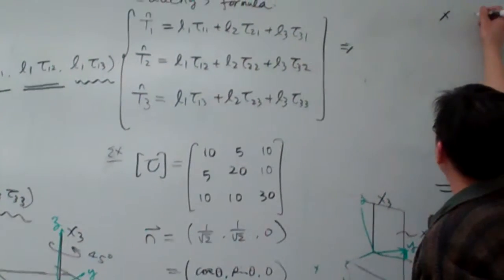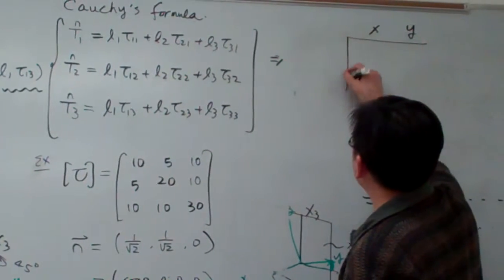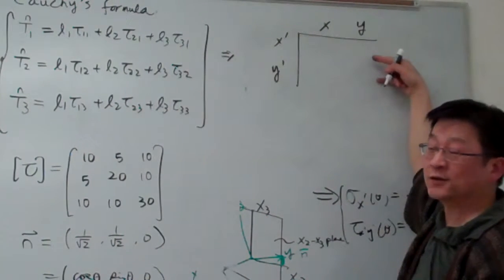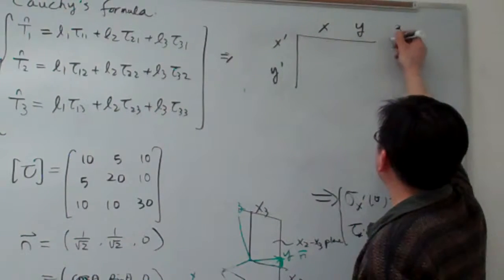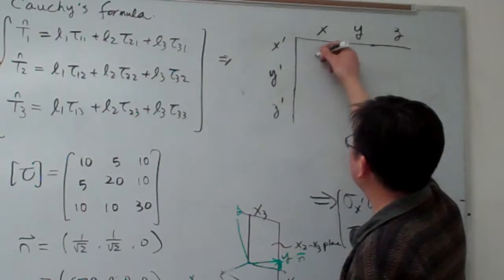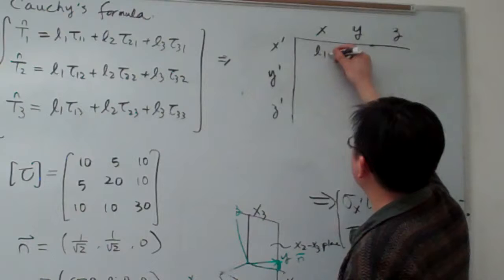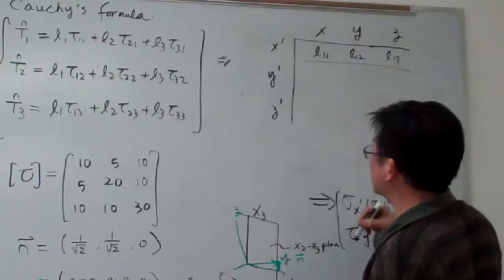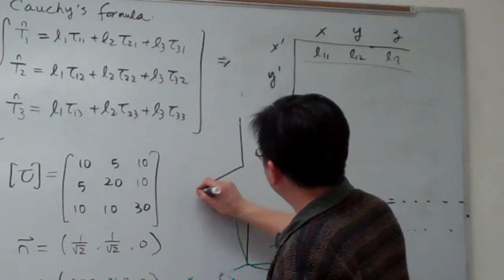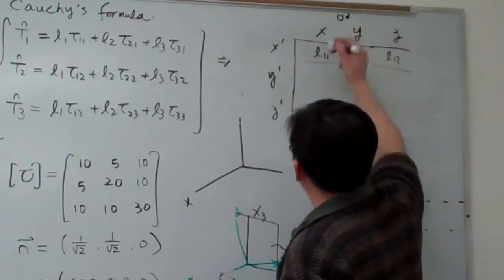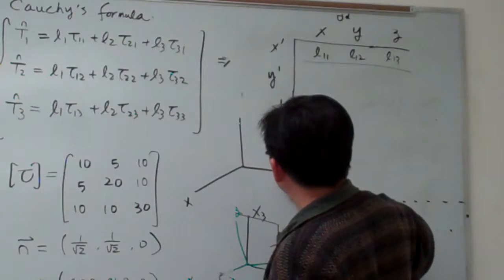You remember before we had x, y and then x prime, y prime, this kind of transformation. We simply extend it into 3 dimensions, okay? And then here we use the symbols L11, L12, L13. This one is representing this one, if we are given the old coordinate system XYZ,